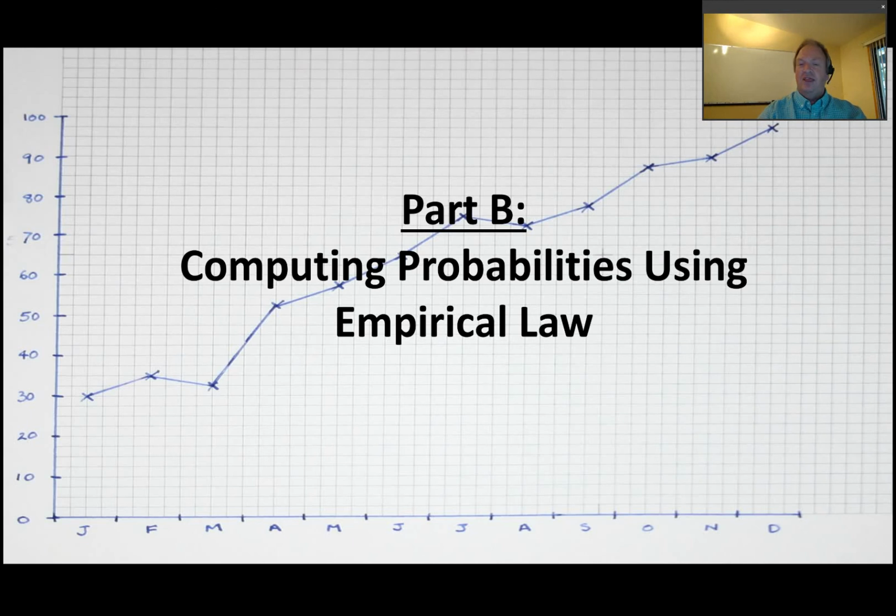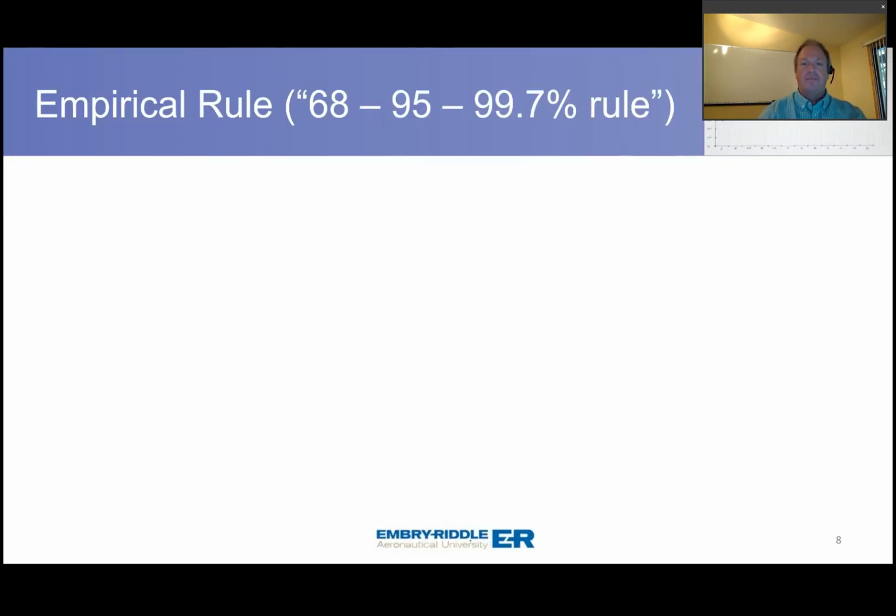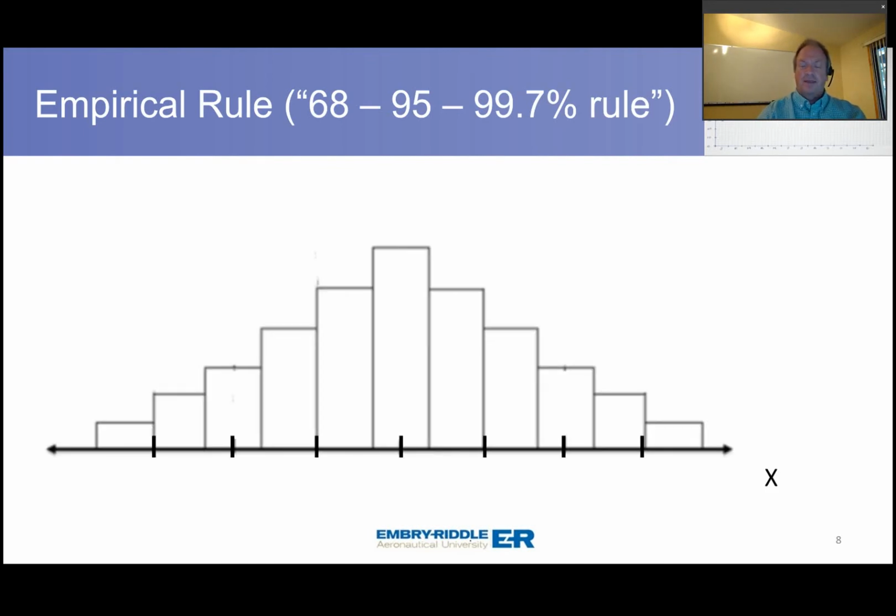So let's go ahead and see how to compute probabilities using the empirical law. So the empirical rule is sometimes called the 68, 95, 99.7% rule. And what it says is, if you have a data set that is symmetric and mound shaped, in other words, unimodal symmetric, and so I'm looking here at the sample mean, not the population. That's why I have X bar, and I have S for the sample standard deviation as opposed to sigma. The empirical rule tells us that if we look at the data values that are 1 standard deviation from the sample mean,